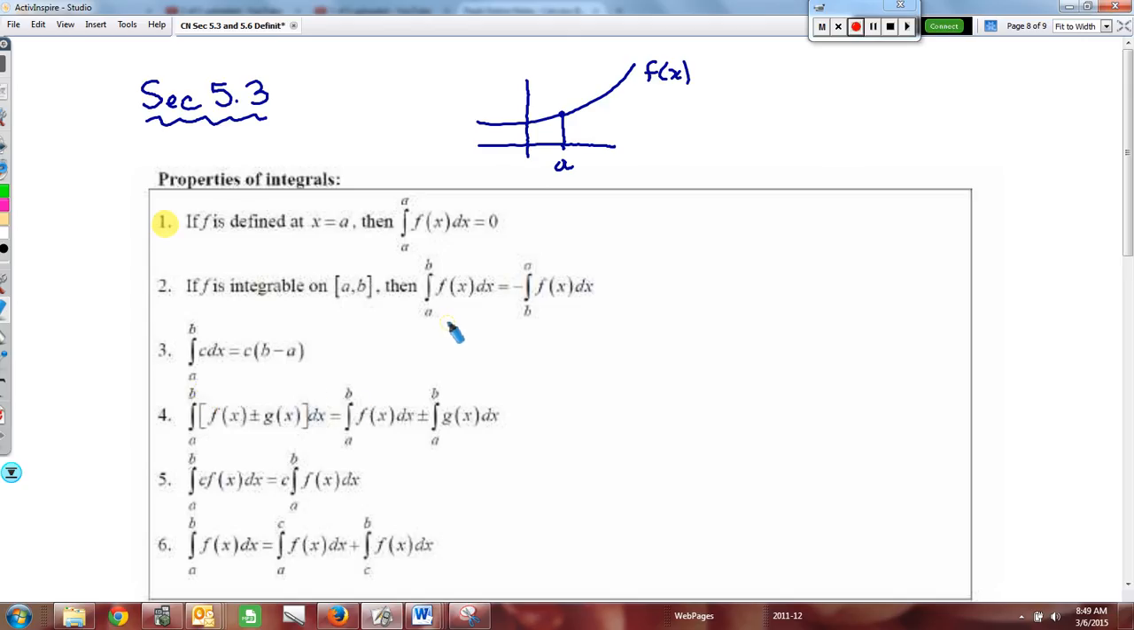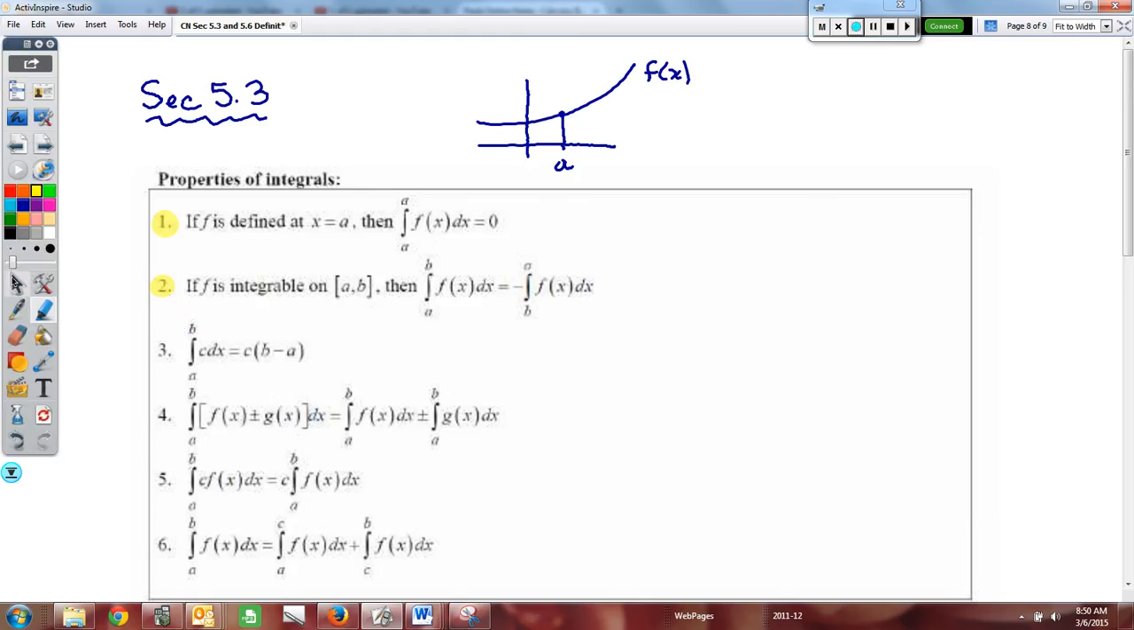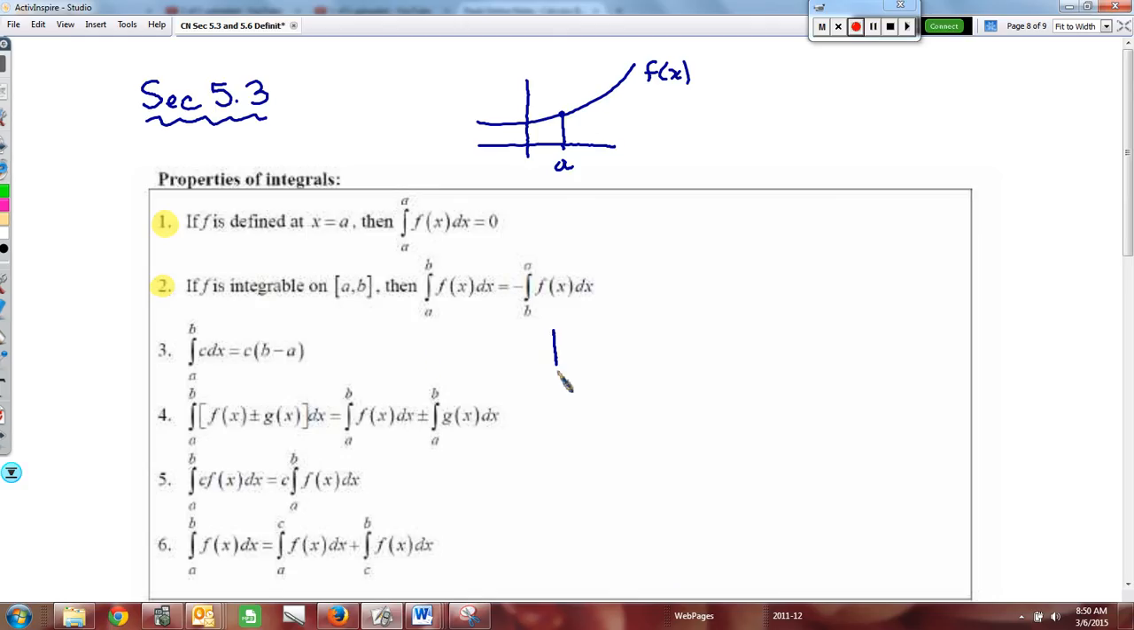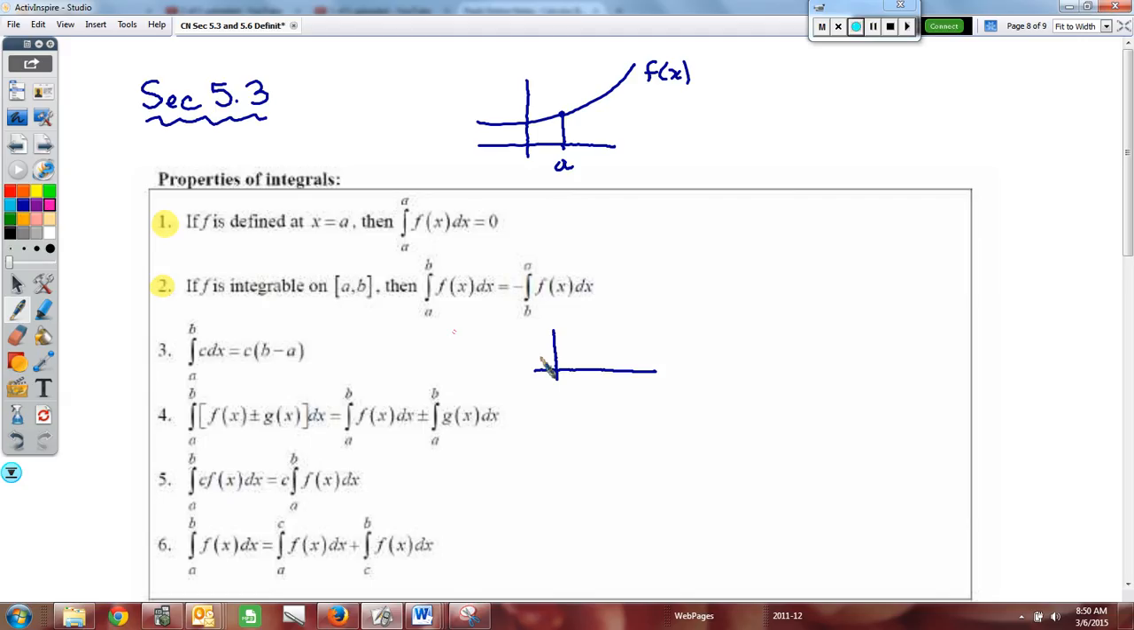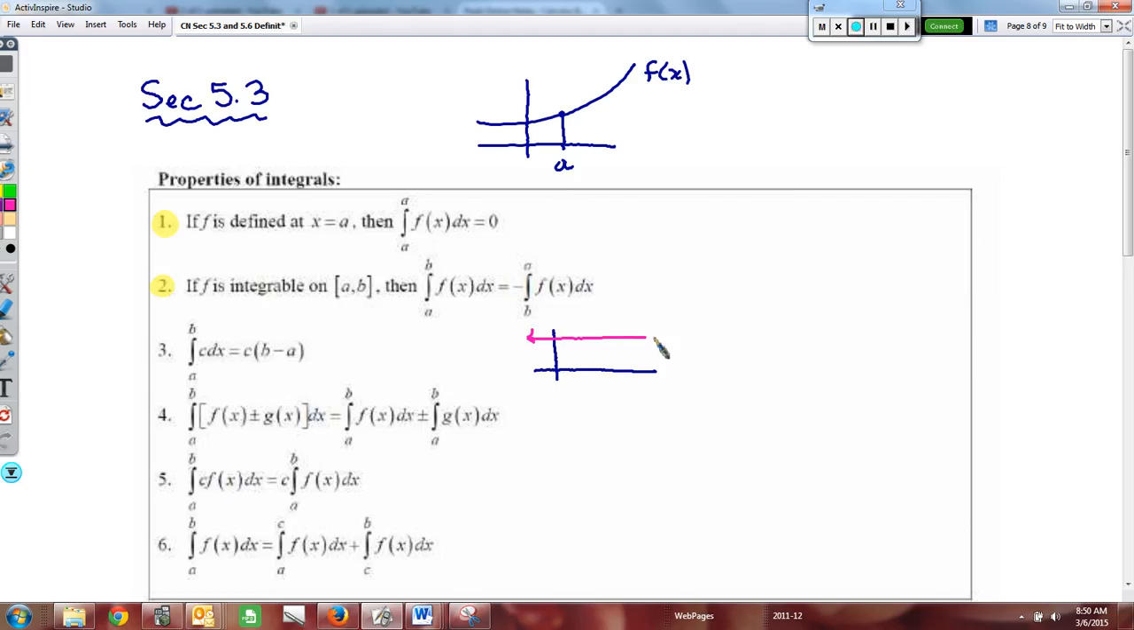This one is the one we had before, that if you go forwards through the interval, it would be the opposite in sign from going backwards. If you accumulate going forward, you would lose going backwards, so they would have opposite sign. Now, number 3 should be fairly common sense for us too. If I have a definite integral of a constant, so we basically have a rate function that is a constant coming across, and we're trying to accumulate area from a to b,